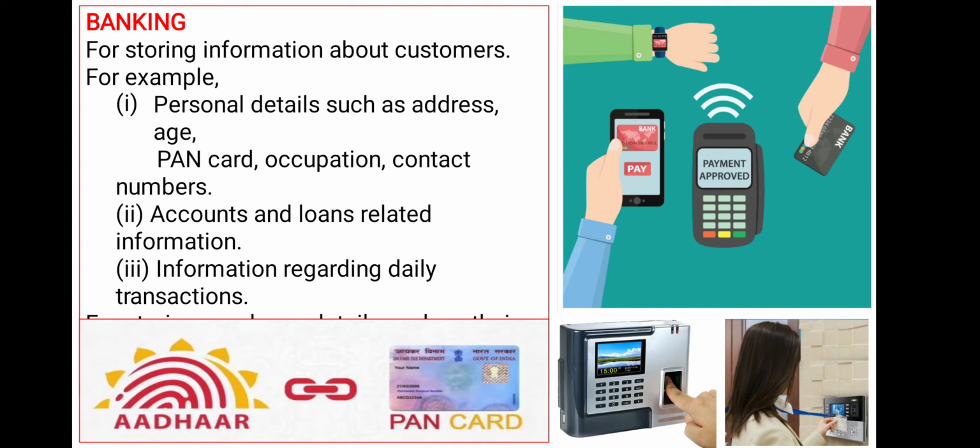And as you can see, the payment: you can purchase some of the items using the online banking facility. The mode can be cash or it can be a credit or debit card. So with the help of that swiping instrument, it swipes and immediately the payment gets approved, and it will go to the person who is providing you the service.